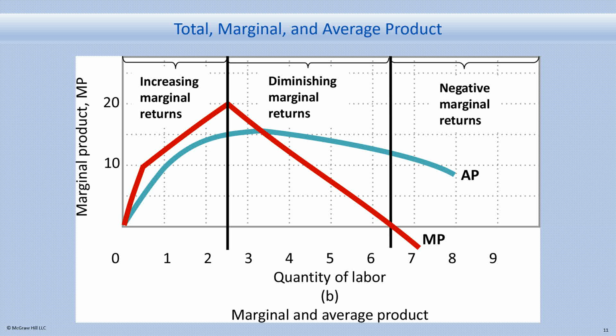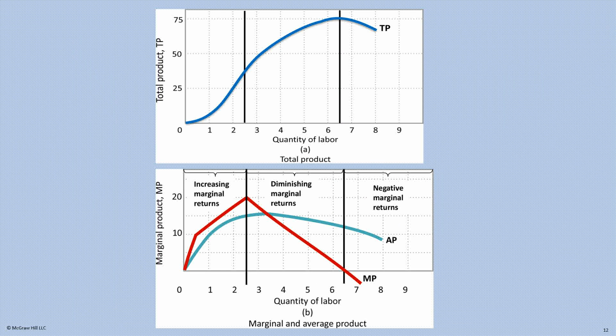We're going to talk about product in this class, and we're going to talk about cost. Here we're talking about product, okay? Marginal product and average product. The marginal product will pull the average product in its direction. Here are those two curves together. And what I'd like for you to do is kind of think of those two together, okay? And you'll see here that basically